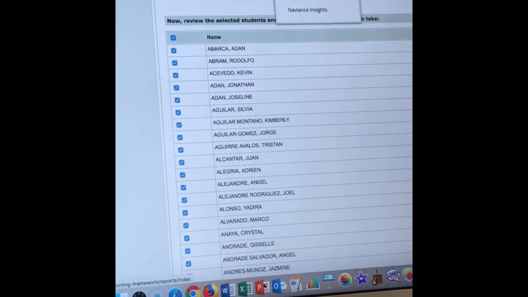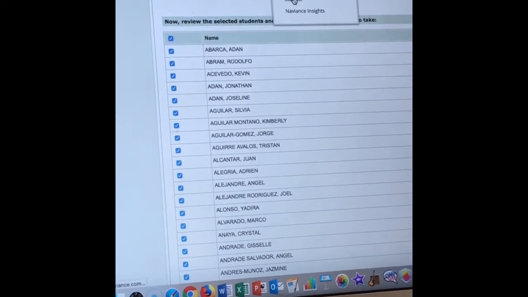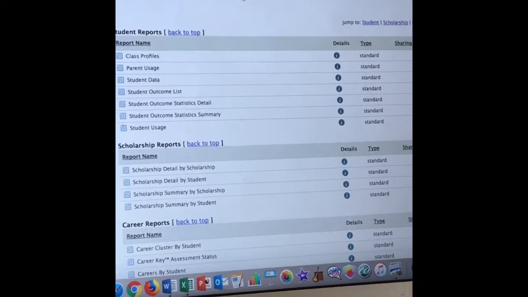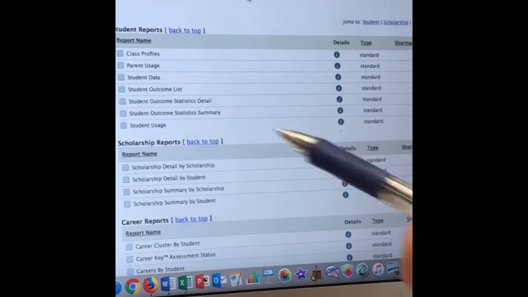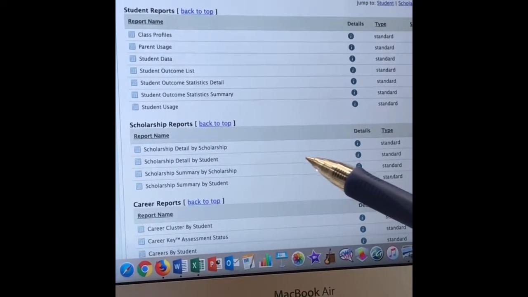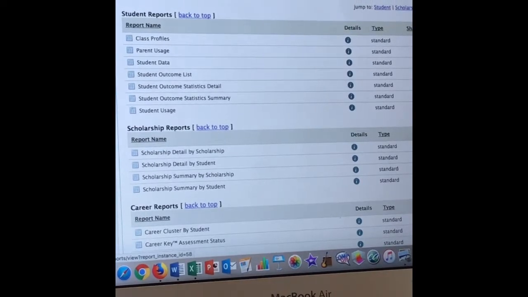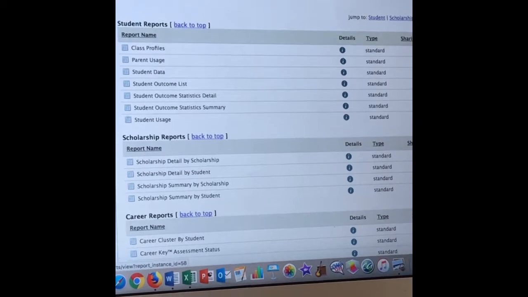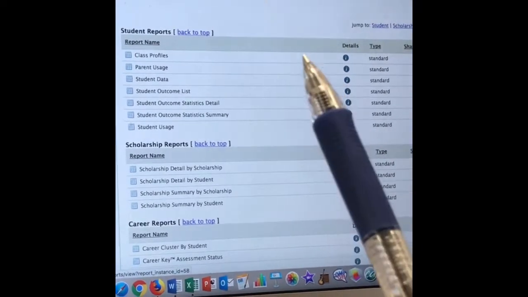Another thing the group is used for, and the most useful report that we can start with here, two of them that you would benefit. There's a lot of them here for different purposes. The ones that you would be using a lot is if you want to do the student usage to see if those students are logging on, who hasn't logged on, to bring them in, have the counselors come in, show them how to log on. Or most